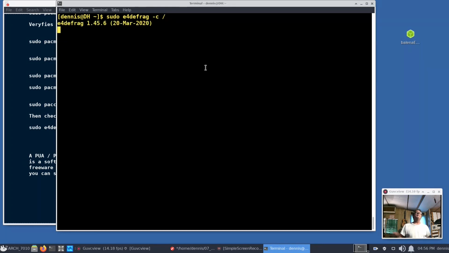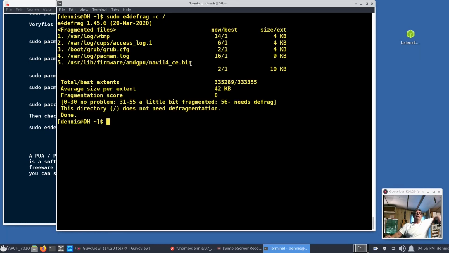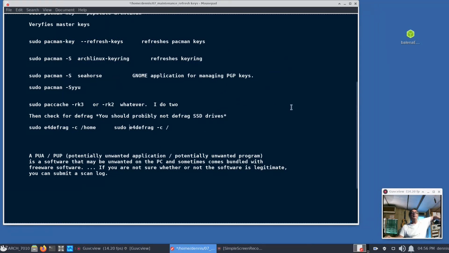And it's checking to see if it needs to be defragged. And again, that was fast. Alright, our score is 0. It tells us the same scale, and we scored 0, so no problems. And we're done. That takes care of all the maintenance that you should have to take care of